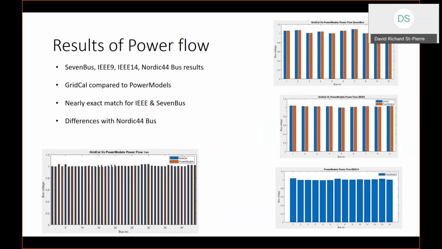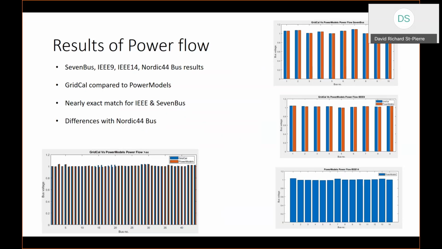So on this slide, what I have is a comparison between the PowerModels solution that I achieved using the library compared to the GridCal solutions. In the lower right for the IEEE 14 bus, I didn't have data, so I don't have a comparison, but this is the PowerFlow solution presented here. However, we can see for the 7-bus case and the IEEE 9-bus case, the GridCal and PowerModels PowerFlow solutions closely match. Now for the Nordic 44 bus, which is shown in the lower left, there are some differences around buses 15 and 20. To figure out which solution is valid, we would have to continue to run a